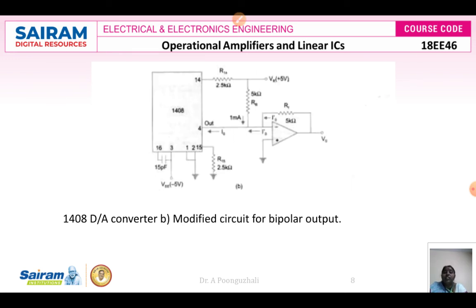So here in this case, if I go for a bipolar circuit, the only modification is between the V reference and the output terminal, I will be connecting a 5k ohm resistance there. This 5k ohm resistance is your RB, that is your 5k, and I am going to have a current through this 5k ohm resistance as 1 milliamp there. So the current that is flowing to the feedback is going to be I0 dash and this is I0. So now I can calculate what is your I0 dash. So I0 dash is nothing but your total current I0 minus the current that is going to flow from this reference source there.